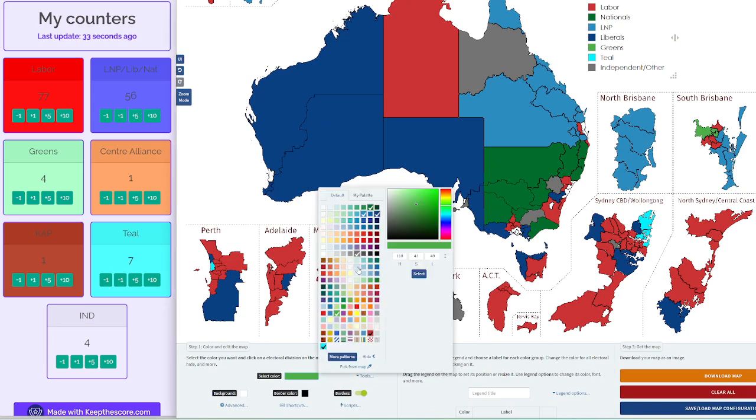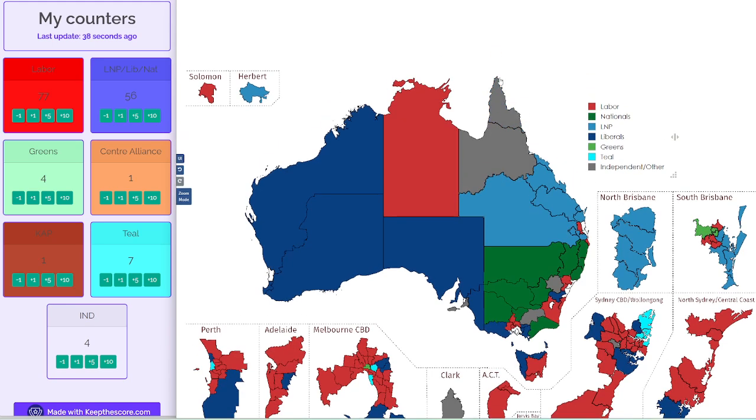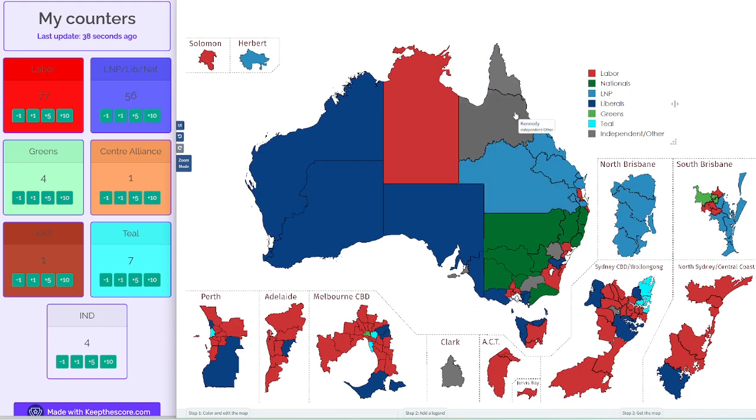There could be an argument to see, with the retirement of Warren Entsch, a potential strong support for Katter in Leichhardt. I know in Cook they did all right. I know up there they've been progressing. However, I highly doubt that'll be the case. So I can see Bob Katter retaining his seat as we'd expect, potentially a win in Leichhardt, very slim chance, and then probably an increase in first preference in Herbert. So yeah, that's Centre Alliance and Rebecca Sharkie and Bob Katter who run minor parties. As for independents, I can see Andrew Gee retaining Calare.